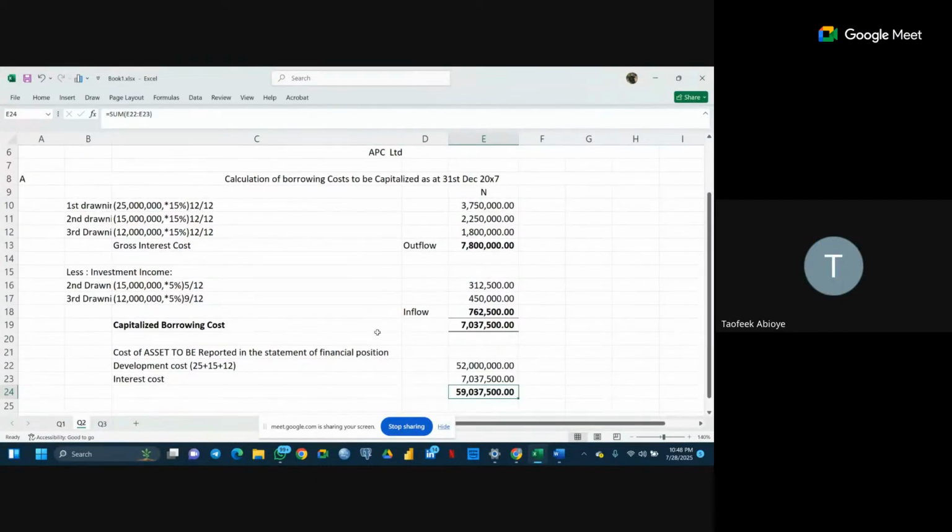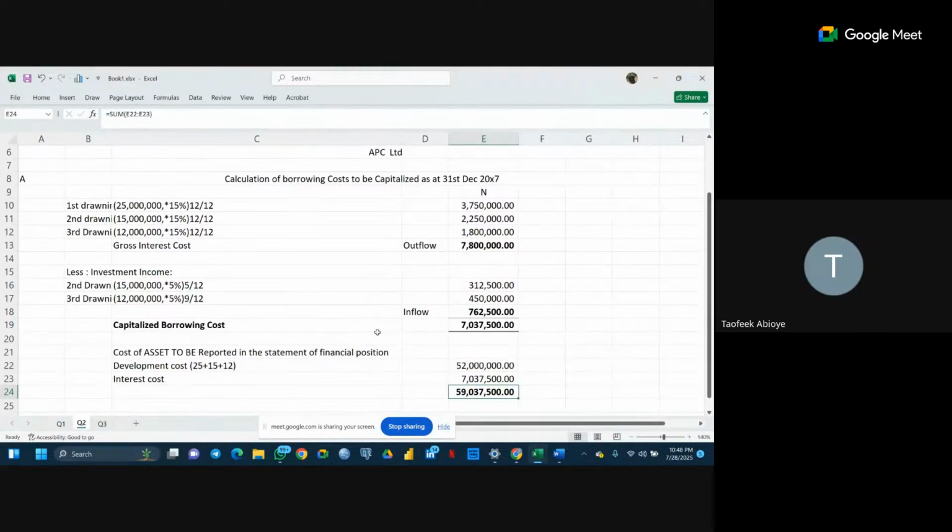So this is the answer to your first question on the reason why we did not prorate the month. I said it before we started solving the class. From the note, you will see that there are two likely sources of fund: either a specific fund or a pool of fund. A specific fund is something like this: I approach a bank and say, give me that 55 million, I want to build a house. It's a specific fund. I borrow that fund specifically for that project.